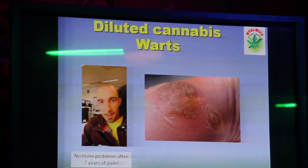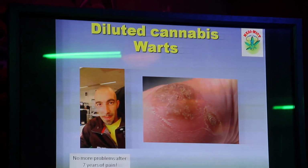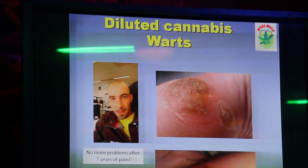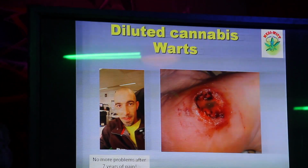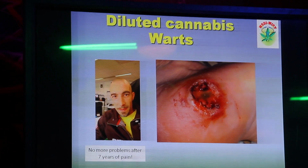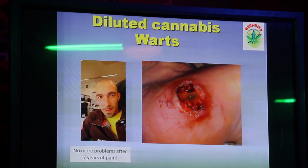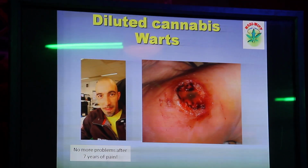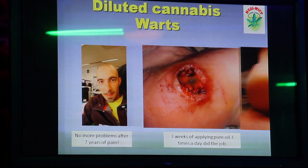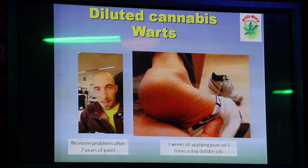Franco, he's one of the strain hunters from Greenhouse. He had a painful wart on his foot. For 7 years, all doctors tried all sorts of things, and then you know what they do. They freeze it with CO2, and then they cut off the wart, or they laser it, and all that it did was give him terrible wounds, and he didn't get cured, and he had a lot of trouble for 7 years, until I gave him some pure oil, and he applied it 3 times a day, and within 3 weeks